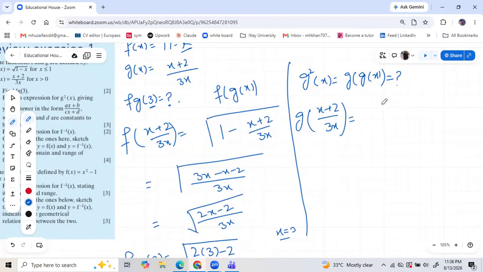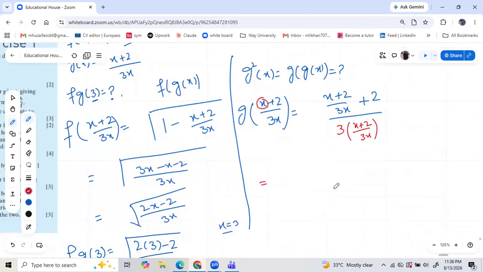So this is x plus 2 divided by 3 of x plus 2. Here what I'm trying to say is that x is replaced by this whole expression, and same for the 3 and 2, x plus 2 over 3x. Now I'm solving it. Here I'm taking the LCM of the above one, so our x plus 2 is as it is, plus